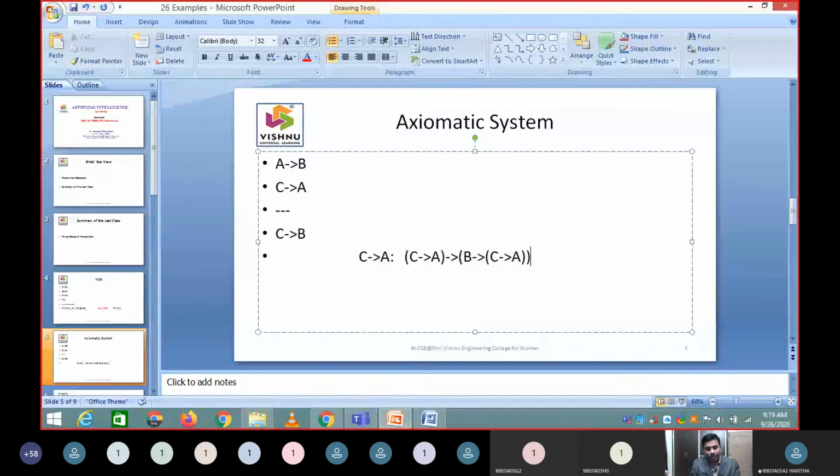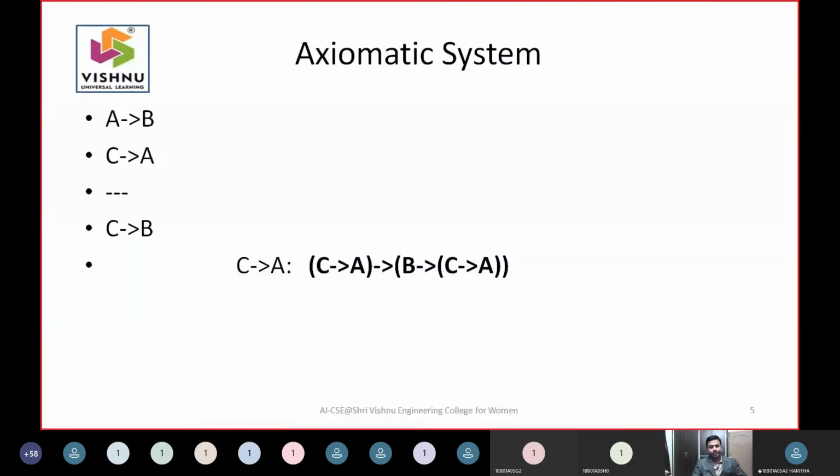Now just tell me, whether this statement I have taken is right or wrong. Is that statement right? Yes, sir.